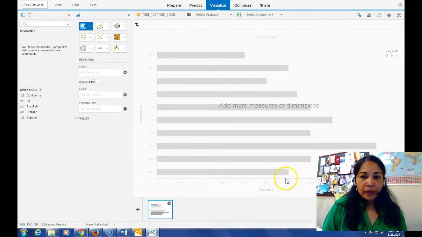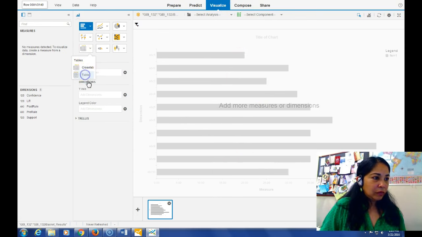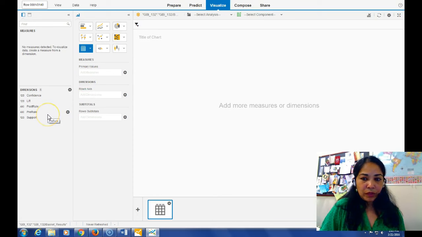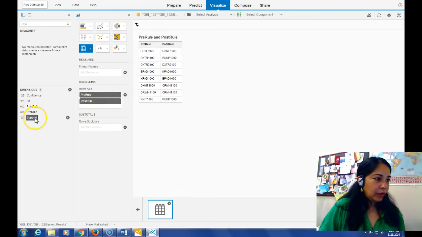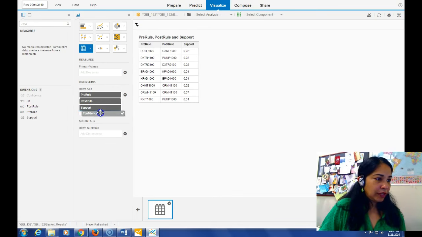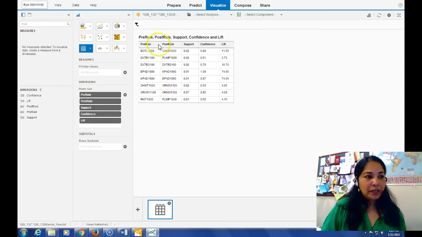Okay. So I'm in the visualize tab, and then I will create the table, and in the table, in the dimension, I will take pre-rule, post-rule, support, confidence, and lift. So it basically looks the same as my prior table